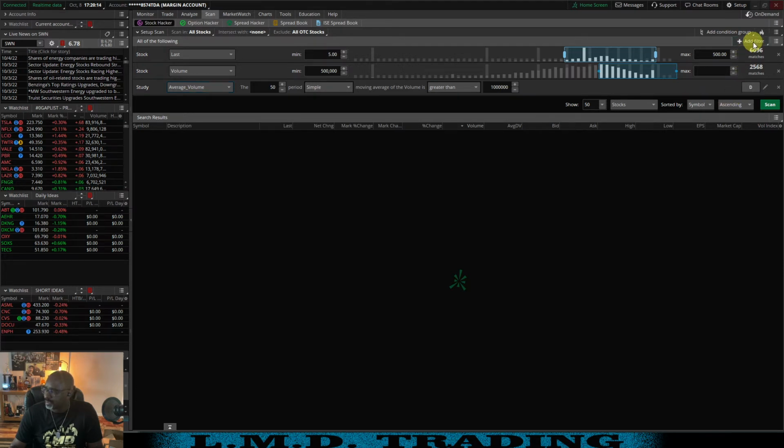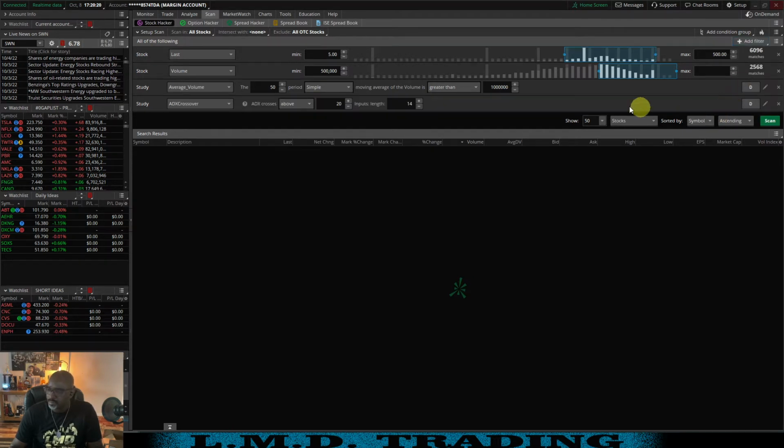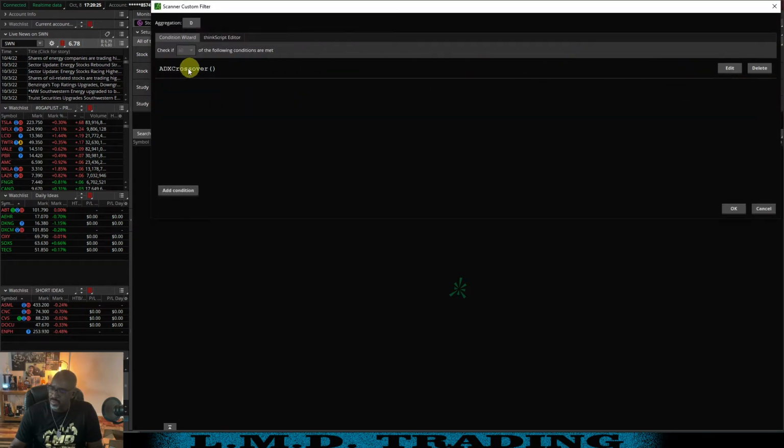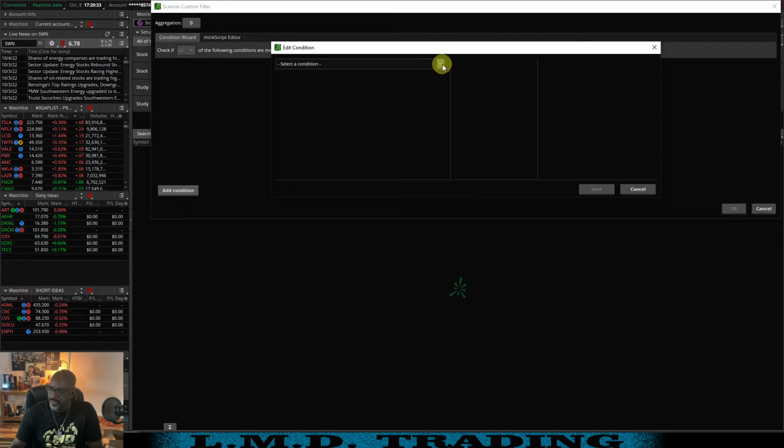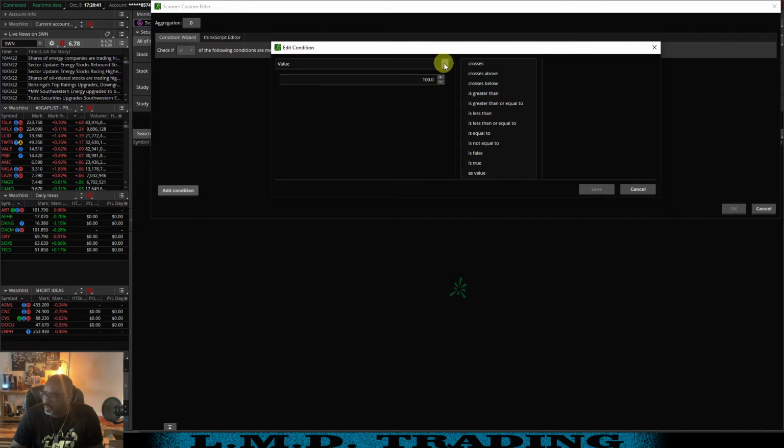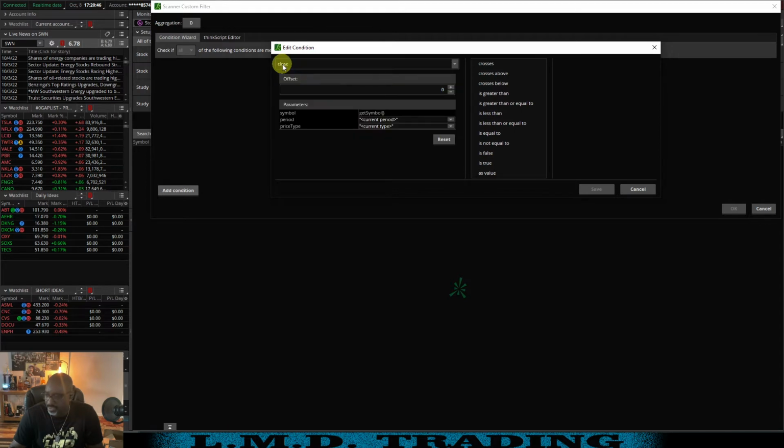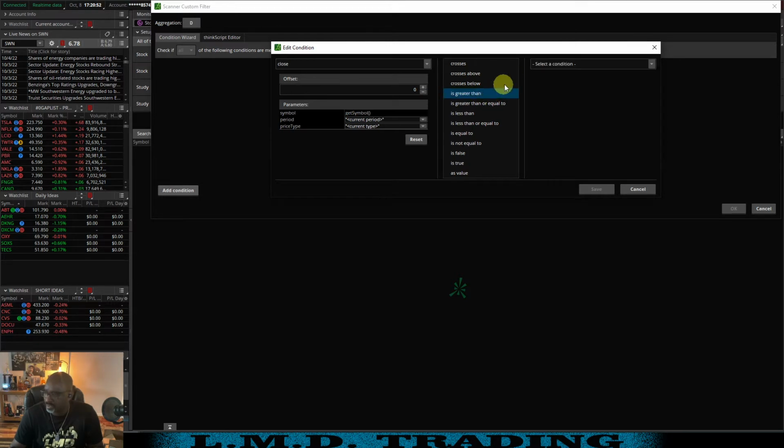And then the last filter that we're going to build, this one takes a little work, but it's still easy. It's going to be a study. Going to come over to this pencil, going to click it. We're going to delete what's in there right now. And then we're going to add a condition. This condition is very simple. We're going to go to price, and then we're going to go to close. So price, close. We're going to say it is greater than,